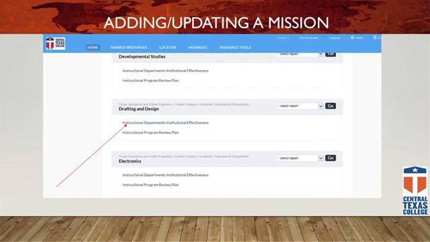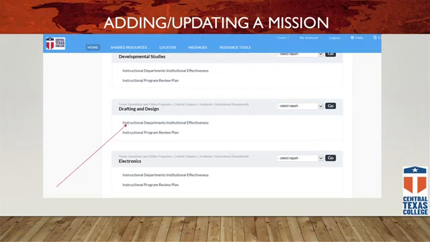Okay? How you do that, how you ensure that it's aligned with the college's new mission, that's going to be based on you and your department and the guidance that you get from your deputy chancellors. But the first thing you'll want to do is probably update your mission statement for your departments. And this is how you're going to do that.